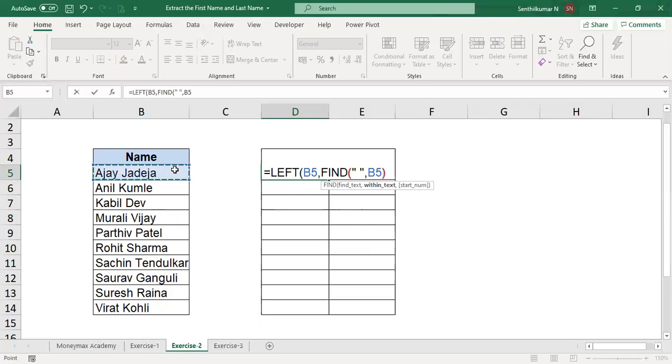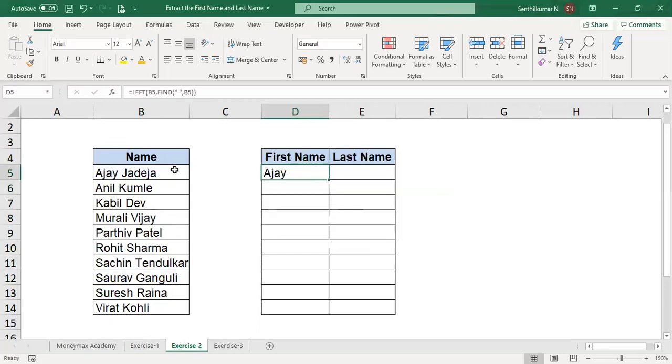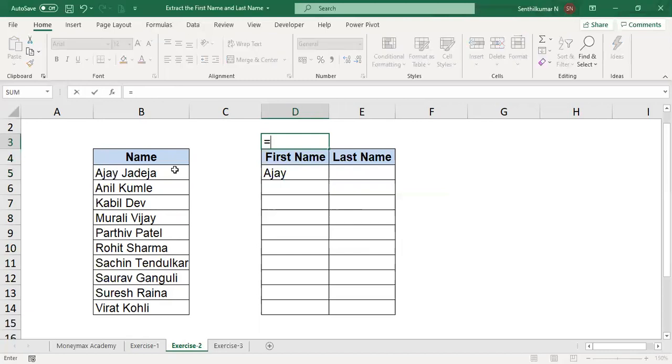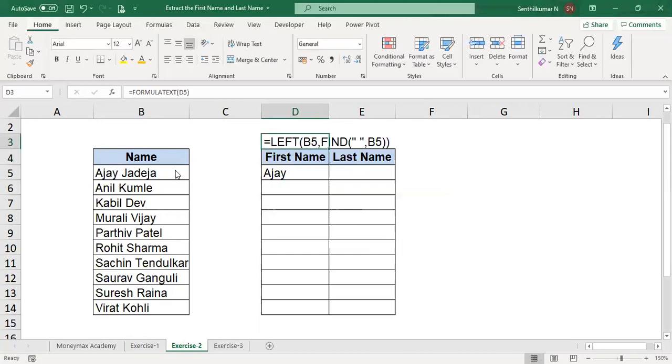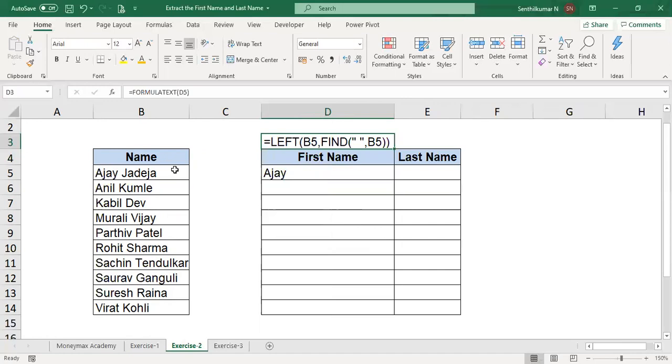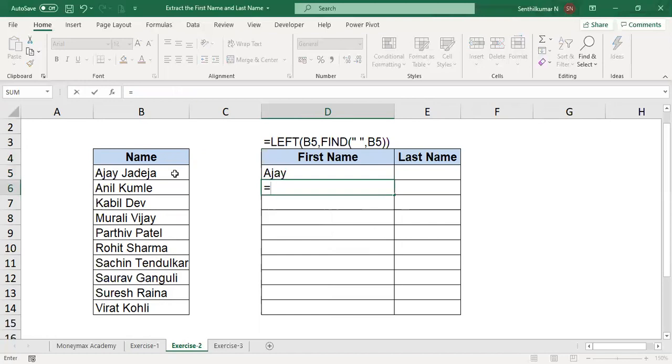Now you can get the answer. So the left formula with the find formula. Again, left, select the text, comma, then find, open inverted comma, space, close the inverted comma, and then comma, again select the text. So you can get the answer.